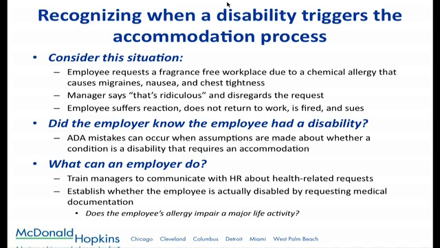And the response was the same: that's ridiculous. We can't tell people they can't wear perfume or cologne. Well, the court found that this was actually a reasonable request, that the employee did have a disability that would be covered by the ADA, and that this request to have a fragrance-free workplace was in fact reasonable. So to Miriam's point, we have to assess the nature and the severity of